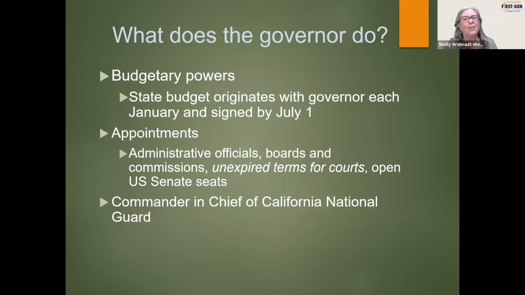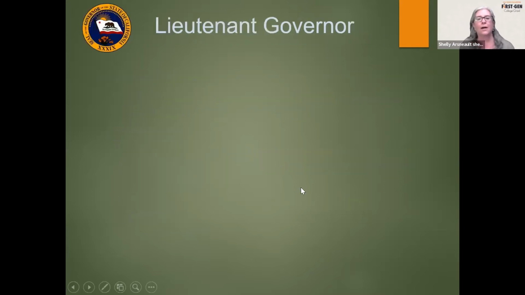Okay, great. Then we will move on to a murkier position, and that is the position of lieutenant governor. Oh, and by the way, the lieutenant governor does not have a seal of their own. I grabbed all the seals of everyone that had one, and the lieutenant governor just uses the great state of California seal, as with the governor, which is a little interesting. It's actually the seal of the governor, isn't it? It's off my screen a little bit, which is really interesting, since they are separately elected and they're not the same in any event.